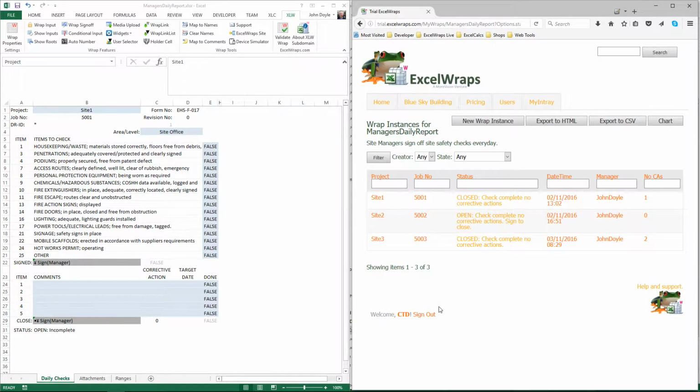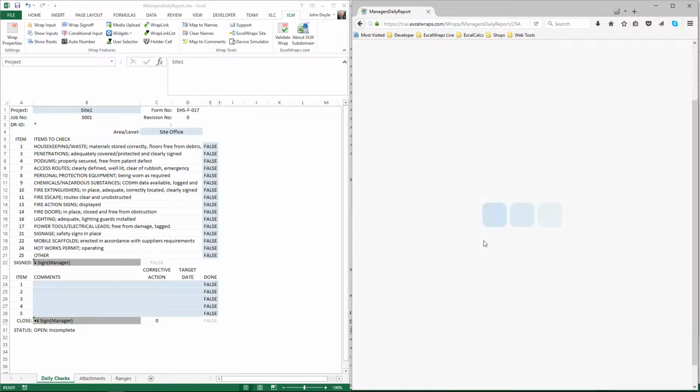In fact, if I click on the button there, we've actually used it 3 times, so we've done 3 safety checks. And what we can see here is this is a project. There's a job number to go with the project, and then there's a status of this site safety check, a date, time, who's done the work, and the number of corrective actions that have been raised. So if we have a look here, let's just see,